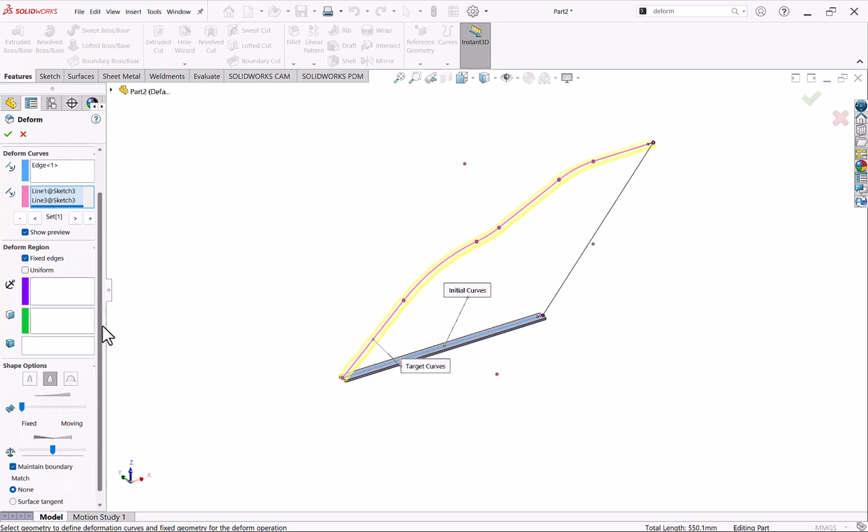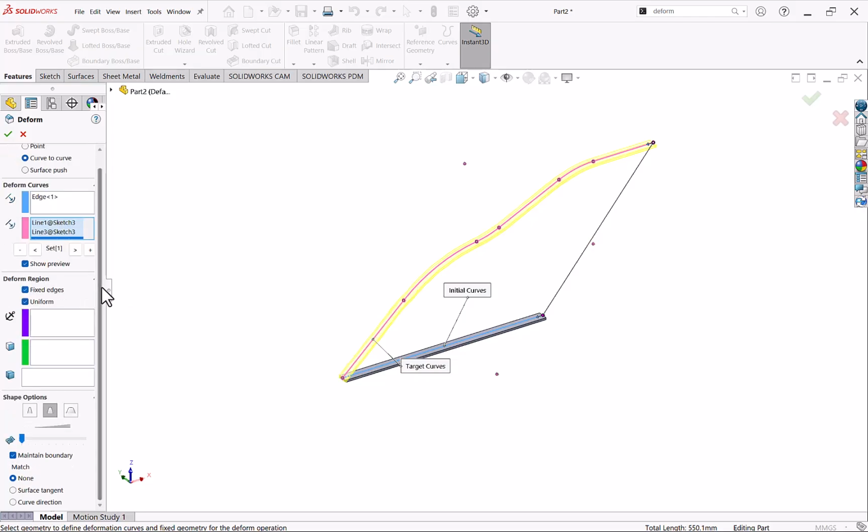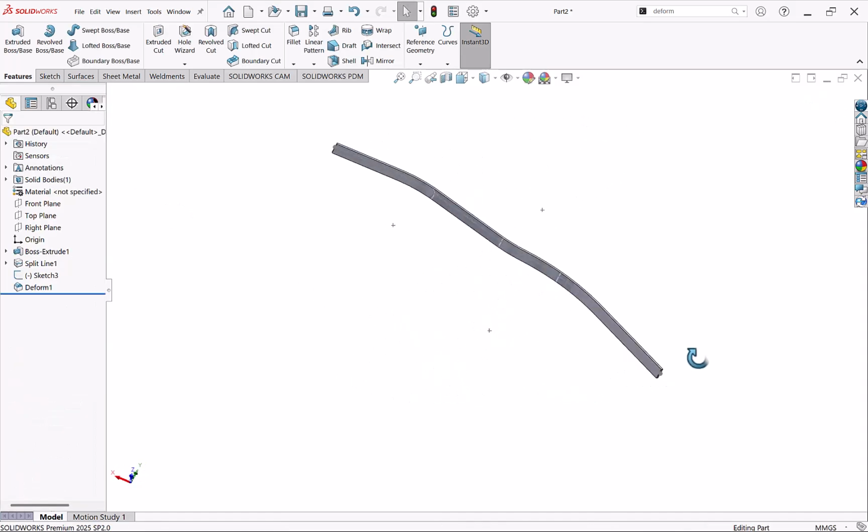Now to get the exact body, you take the uniform option. Then you can increase the shape accuracy, and if you want to follow the curve direction, you click on follow the curve direction. So we'll select this shape, how you want to control the shape. You can control the shapes, take any one option and do OK. So this is how we can use a